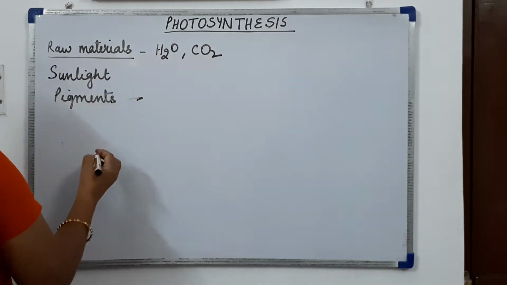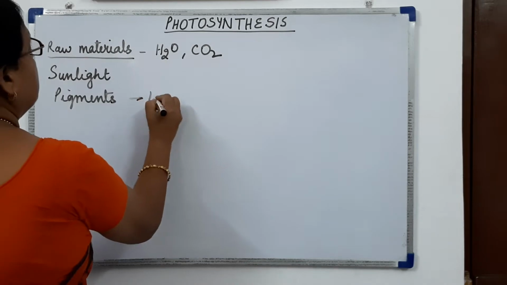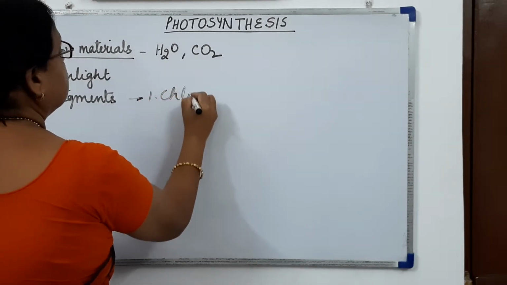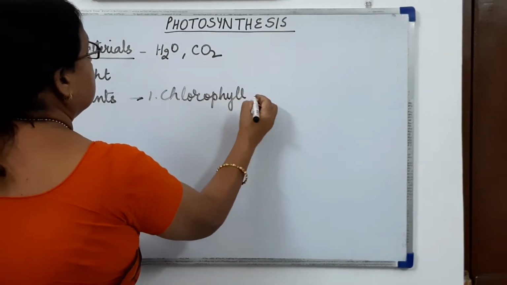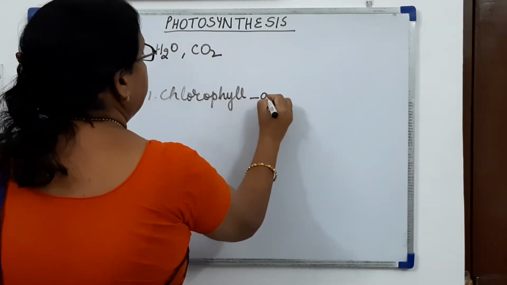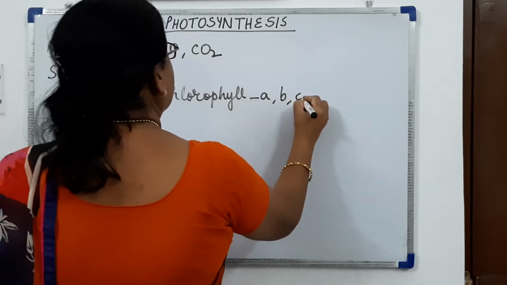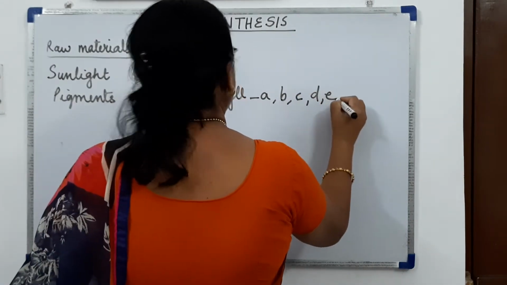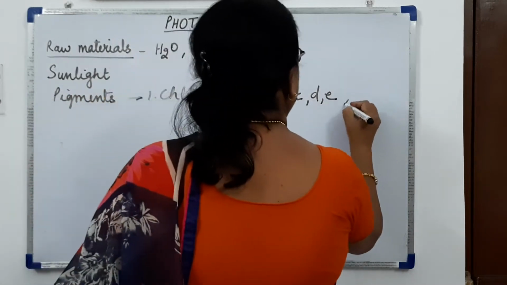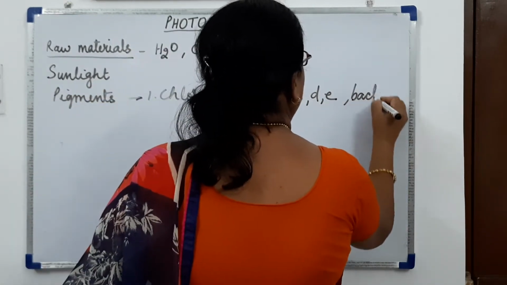The pigments are chlorophyll A, B, C, D, E, then bacteriochlorophyll,